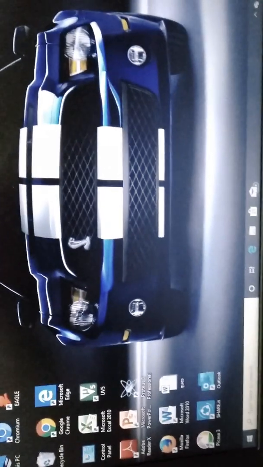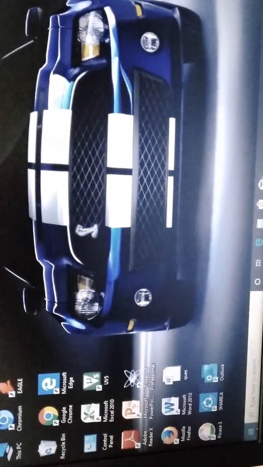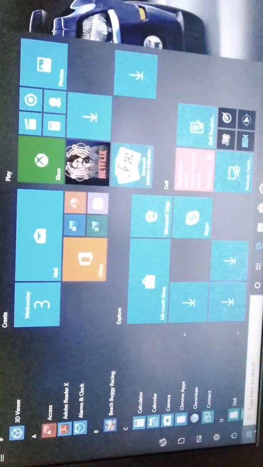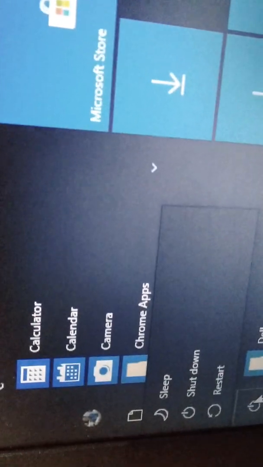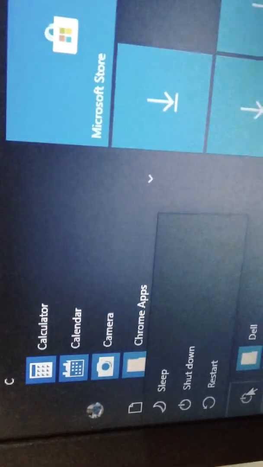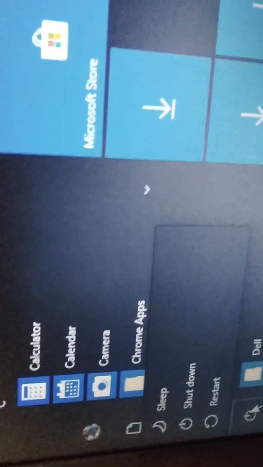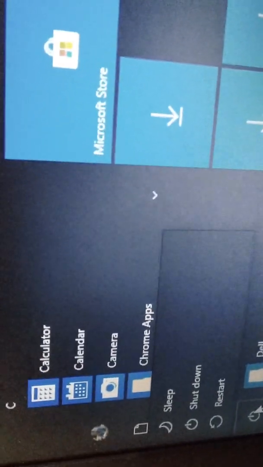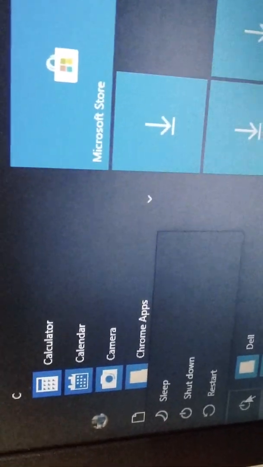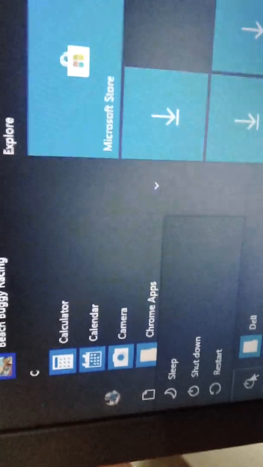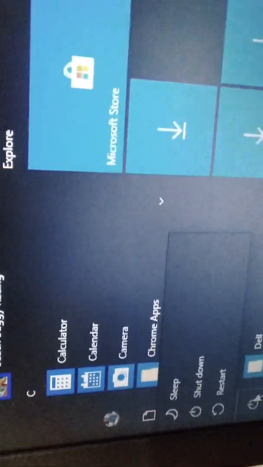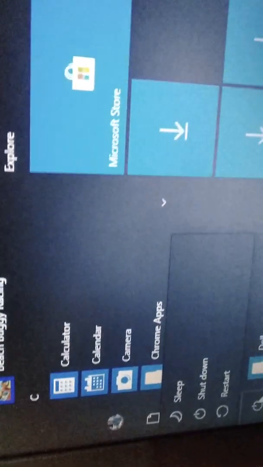When you, see here, from the start button you will get here this power mode. From the power mode you can see there are three options: sleep, shutdown and restart. Sleep means this computer will close the programs, but it will not close everything.